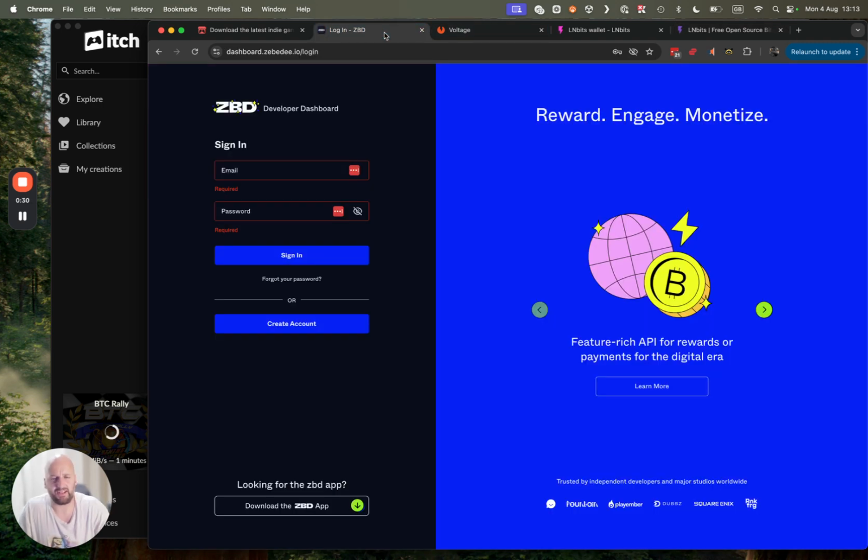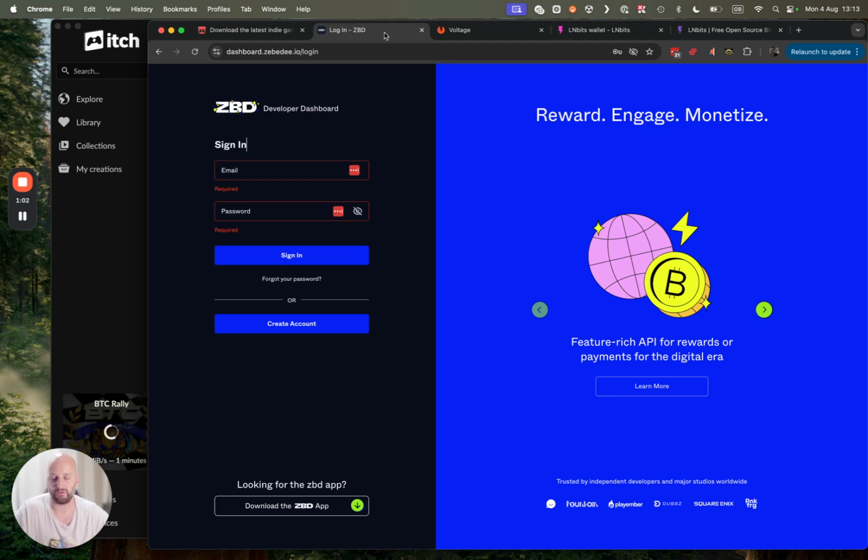So ZBD is a little bit harder to get an account. You will have to be KYB'd, know your business, so they'll ask you for identification. They'll ask you why you're making an account, but after you've got an account and they're okay, it'll be a lot easier because you won't have to worry about Lightning channel liquidity, this kind of thing. But ZBD's not available in every country. They are a regulated payment processor. So that might be a little bit complicated if you're just an individual, but if you're a business,